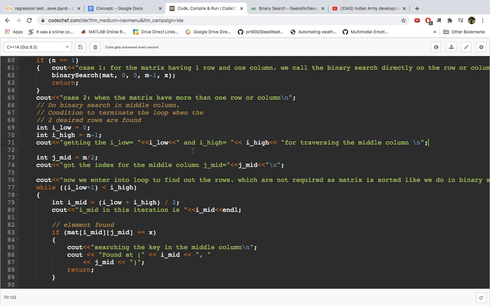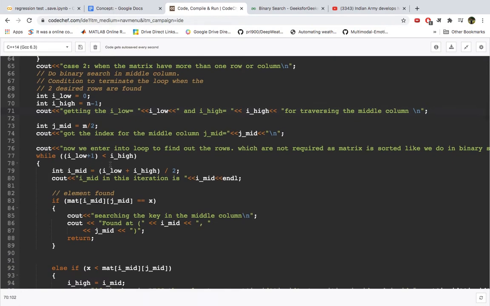So we'll be traversing now the middle column using these rows. Let's suppose 0, 1, 2, 3 and j is fixed, j mid, right? So I low plus 1 is less than I high, that will be the loop for binary search on that column actually. So binary search on the column will be performed. Simple. Just think of the 2D array as if we have converted it into a 1D array. We have taken out our useful part. And now we are doing the same binary search we used to do on our array.